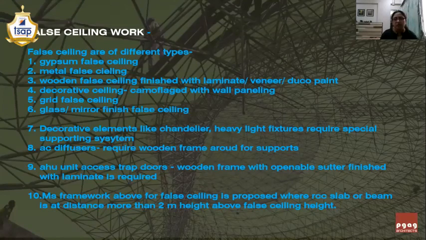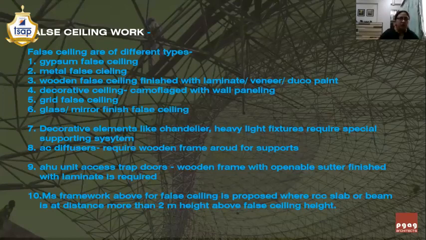Then you need to finish it with laminate so that when the AC person accesses that particular trapdoor, he will be able to clean it properly and maintain it properly if the trapdoor is finished with laminate. And the size of the trapdoor also needs to be mentioned. The wooden frame around the trapdoor needs to be mentioned. Then, as explained to you, MS framework above the false ceiling is proposed when the RCC slab is at a distance of more than 2 meters above the false ceiling height.